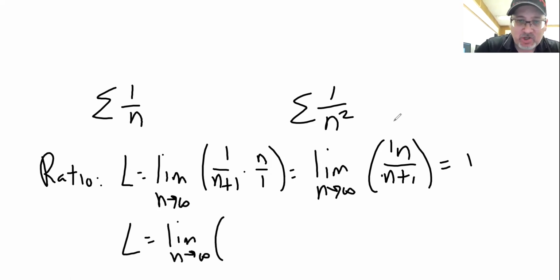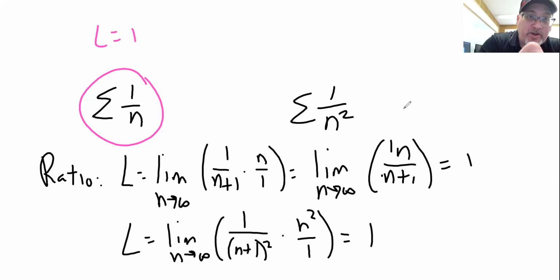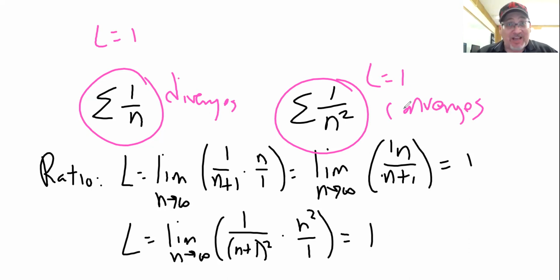But if we did the ratio test on the p-series, then we would do the next term, which would be 1 over n plus 1 squared, times the reciprocal of the current term. I'm not going to do all the details, but its limit is also 1. So the reason the test is inconclusive is because you can't conclude anything. On this one, the limit is 1, but we know this diverges. And on this one, the limit is also 1, but we know that it converges. Convergent p-series. So when I say the limit is 1, it's an inconclusive test. That is precisely what that means. You cannot draw a conclusion when the ratio test